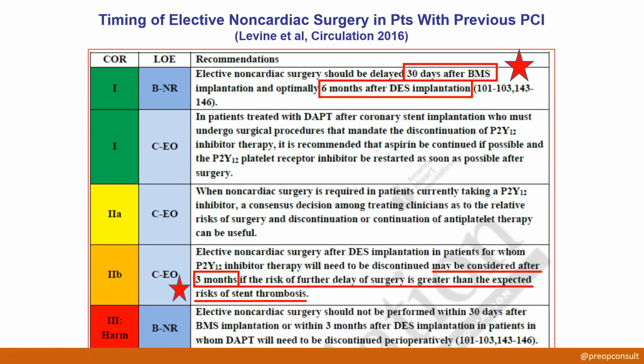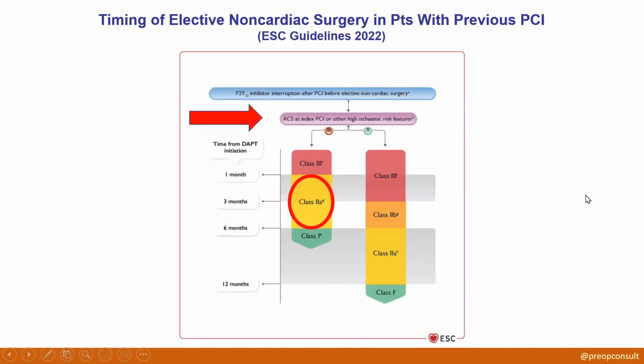They'll let you go after 3 months of dual antiplatelet therapy and then continue aspirin. So that was something different in 2016. Now, what's new a couple of months ago from the European guidelines is they break it down in a similar fashion, and they say, was the stent placed in the setting of acute coronary syndrome, or do they have other high-risk ischemic features, some of the things I mentioned about the type of stenting? If so, those patients still go in the same classification.